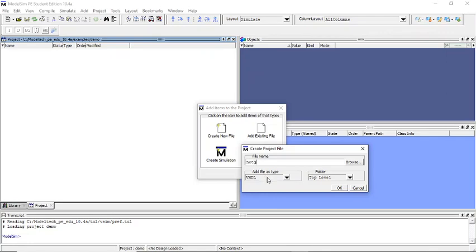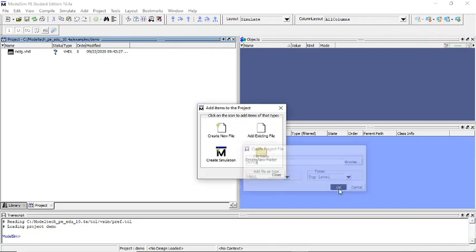We are going to write VHDL code. So the file type is VHDL and the folder is top level. That is, you are writing the program inside the demo project. Click OK. Now close this window by clicking close.